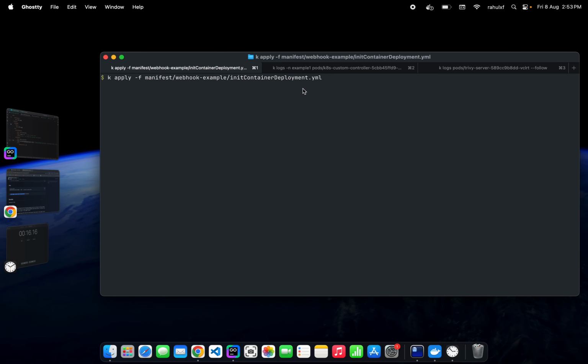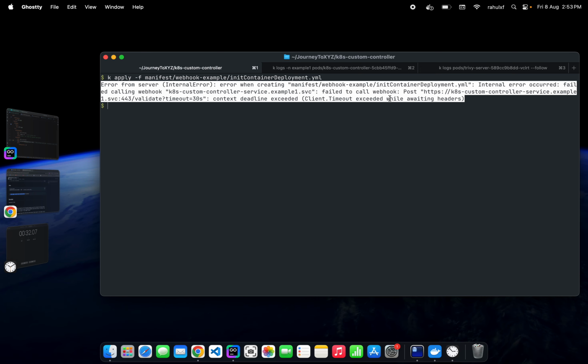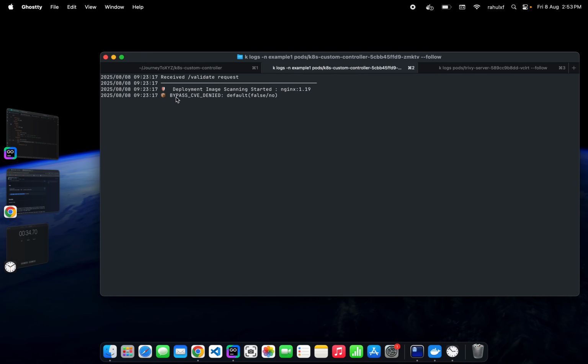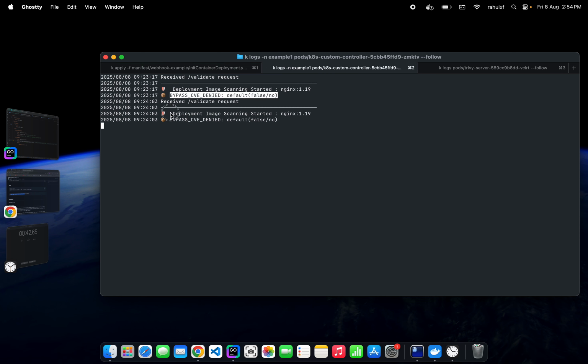I have mentioned the timeout equals 30 seconds, and 30 seconds is the maximum timeout for a validating webhook configuration. So yeah, you can see the validate timeout equals 30 seconds because it exceeds the time, but it is still running inside. Let me create it again and let's see if it gets things done or not, because most of the time I have seen this, for the first or second time it takes a bit of time